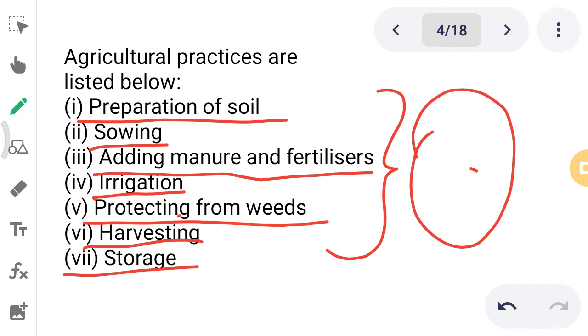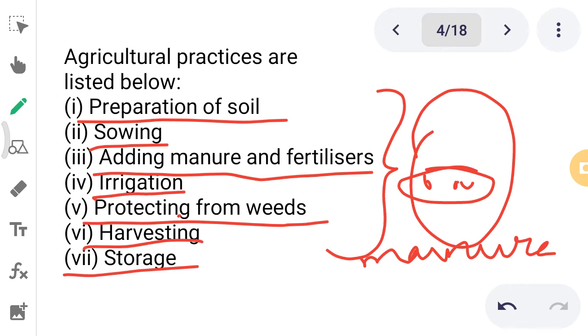First, what is prepared? Soil is prepared. Then seeds are sown in it. Then manure is added to it. Then after the seeds are sown, it needs water, so irrigation is done. After the irrigation is done,